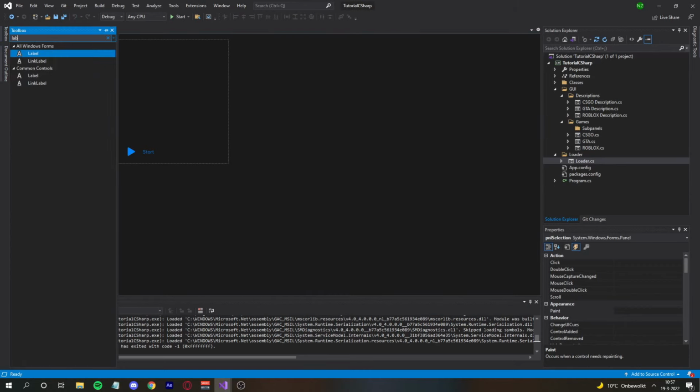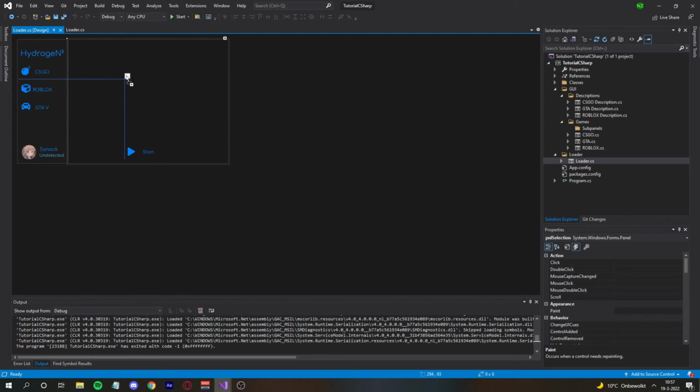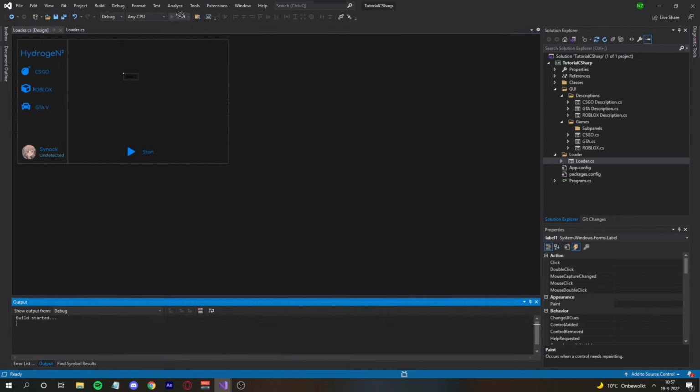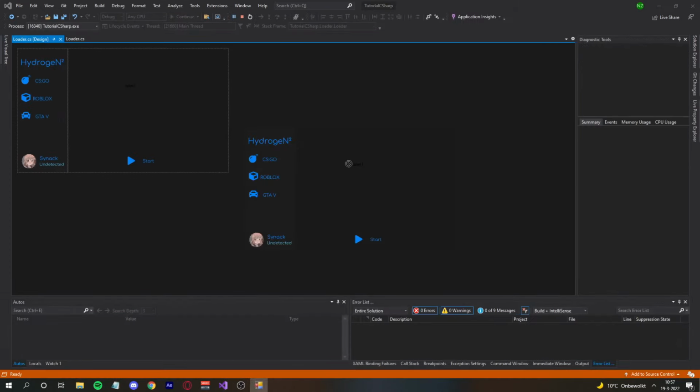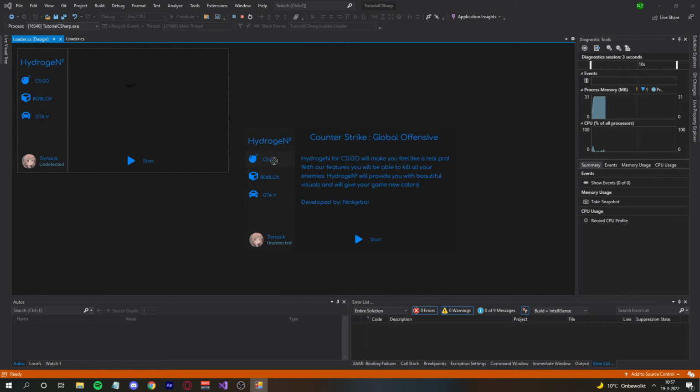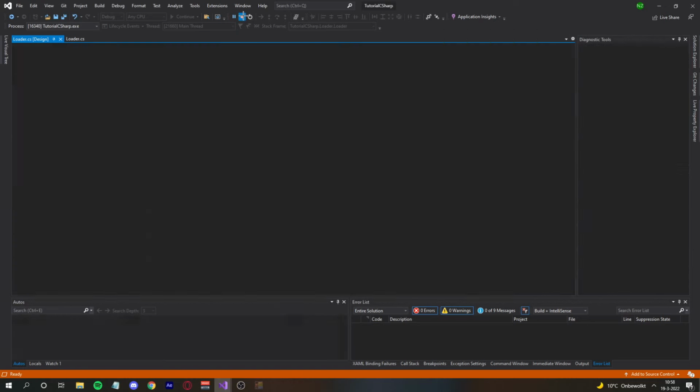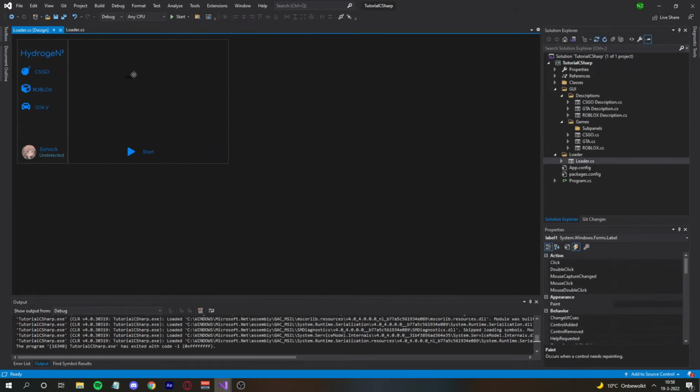For example, here, take the label and then just design this panel here. That's what you can do. If you click start, as you can see, it's opening up. You can see the label, and if we click CSGO, it's removing the label here. So you can make like a front page with a logo here if you want that, but you can also